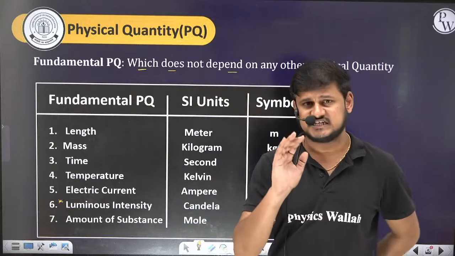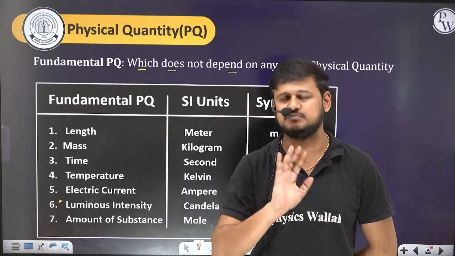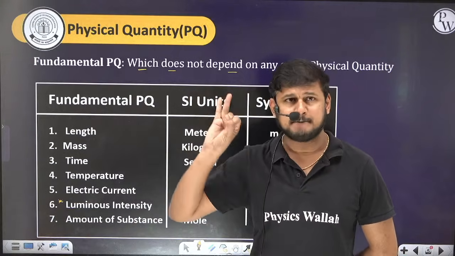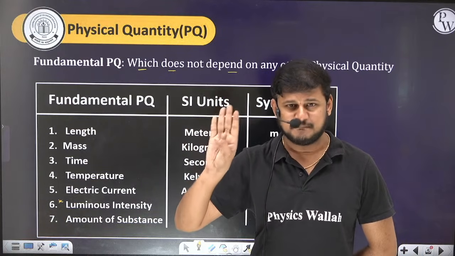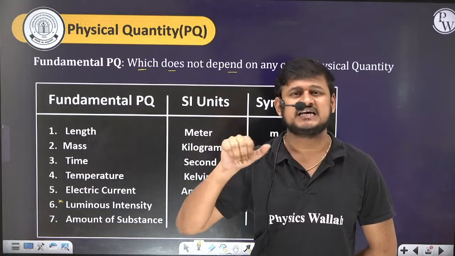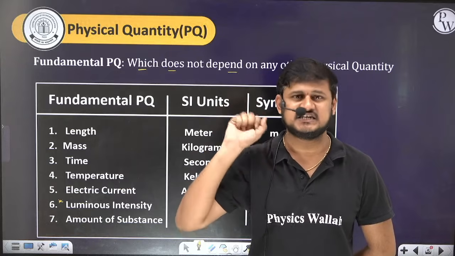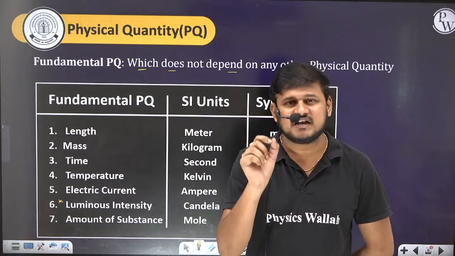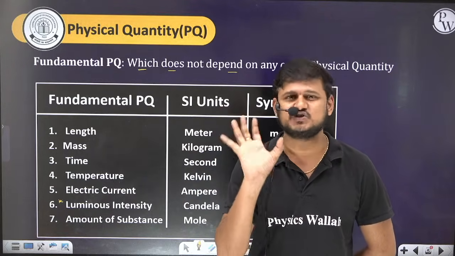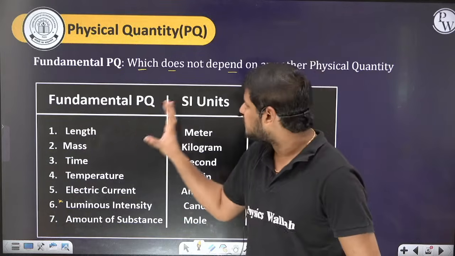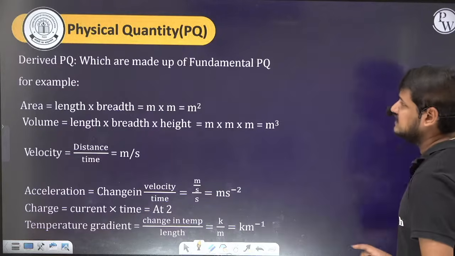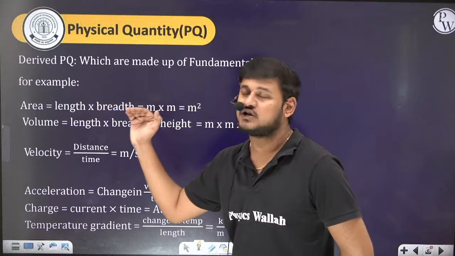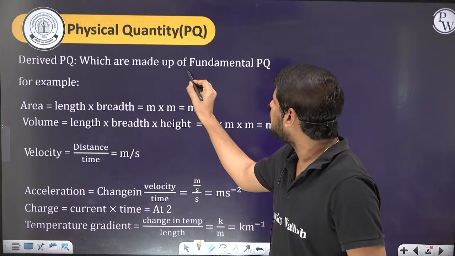Just say with me: length, mass, time, temperature, amount of substance, electric current, and luminous intensity. These are the 7 physical quantities which you should remember. From these physical quantities we get the derived physical quantities, which are made up of